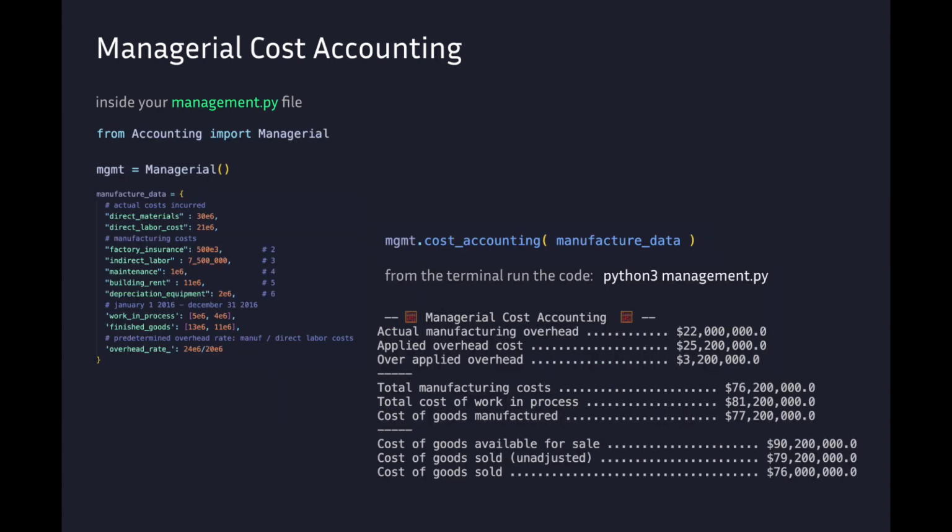Inside our management.py file we have the manufacture data dictionary. We call our method and pass in the manufacture data. Actual manufacturing overhead is $22 million. Applied overhead cost is